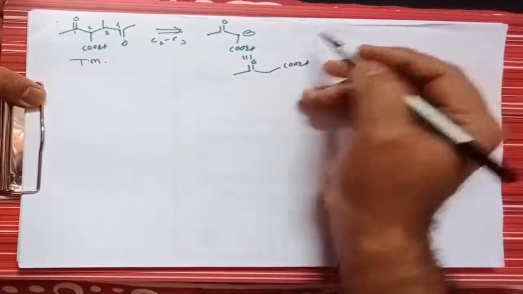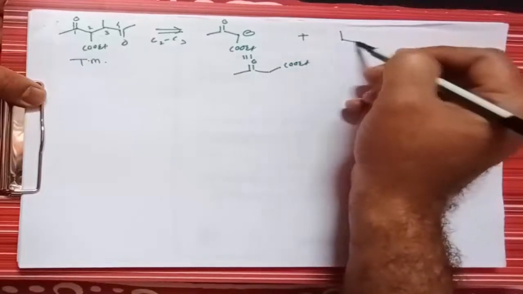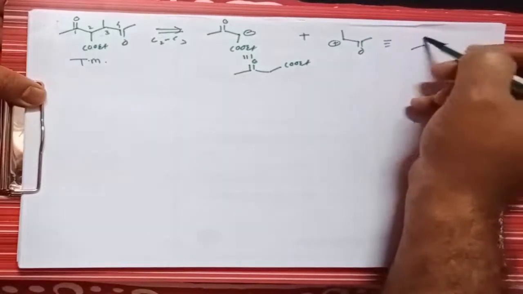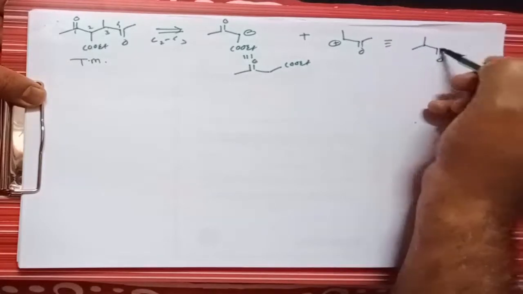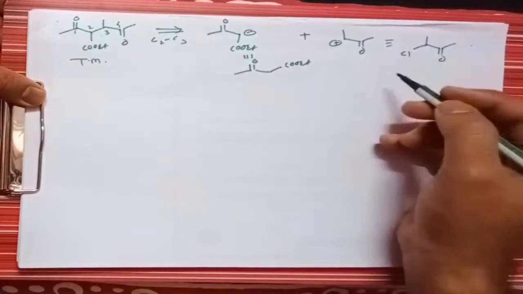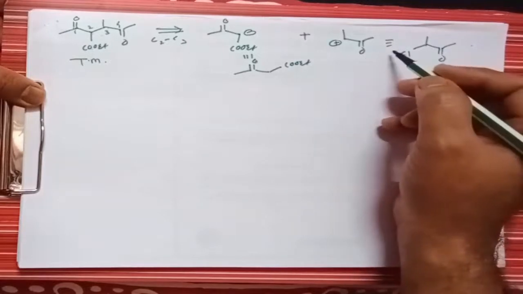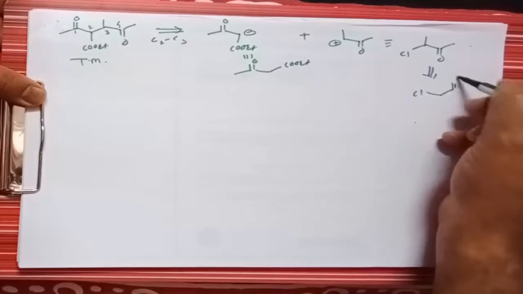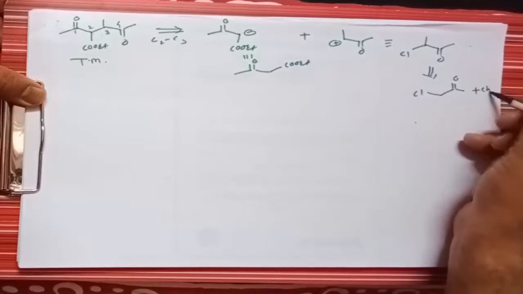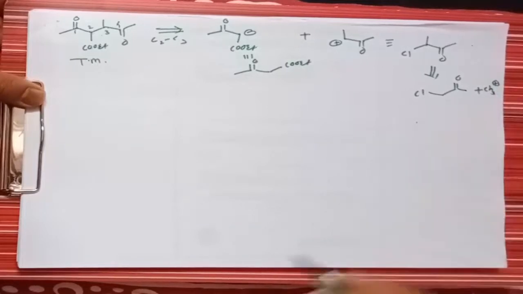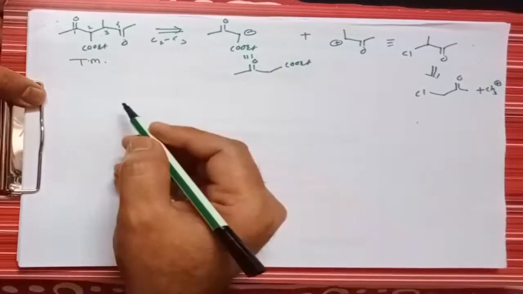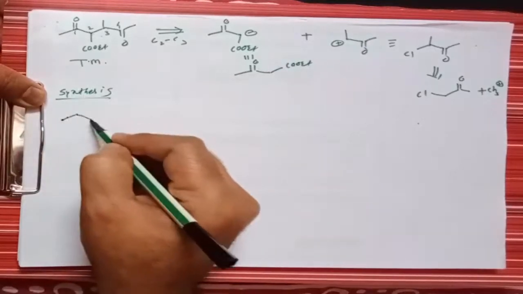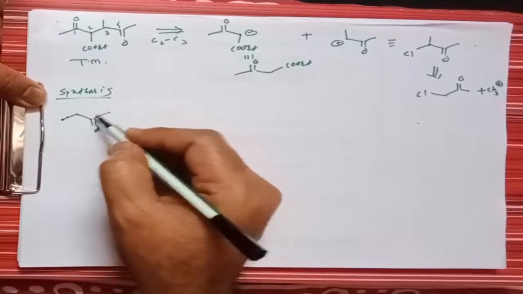And we know that this molecule is easily available. Along with it, a positive charge forms at this position, and the synthetic equivalent for this is a halo group at this position, that means Cl. So to prepare this molecule we can get this type of chloro compound, CH3-C double bond O, along with a CH3+, or we can say CH3I, right? For the synthesis, take CH3-C double bond O-CH3, that is this type of ketone.